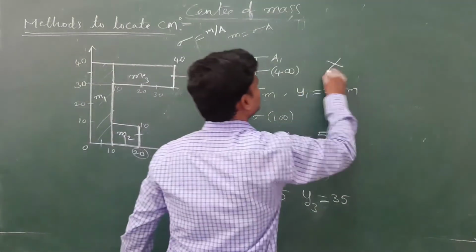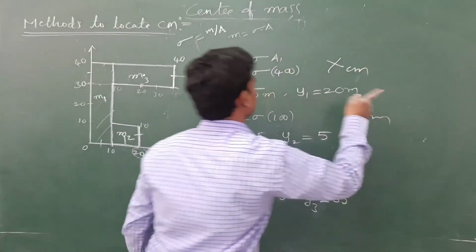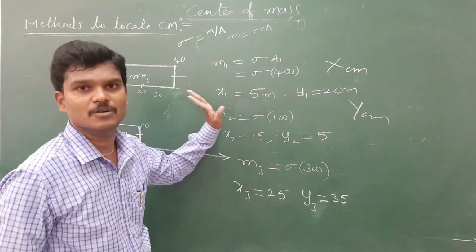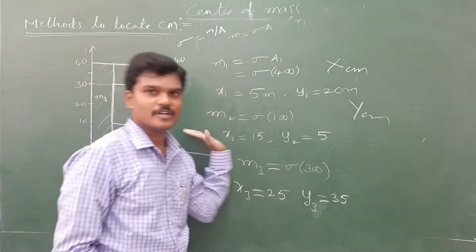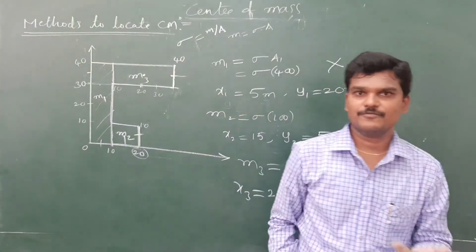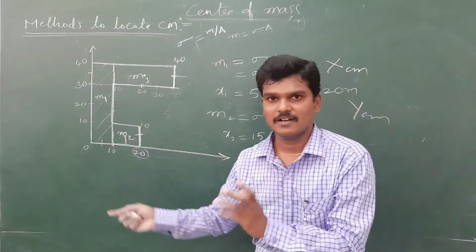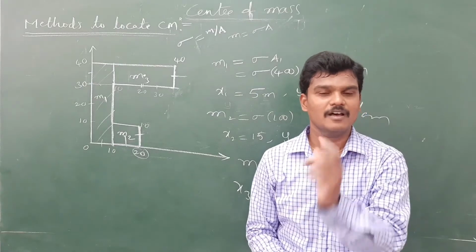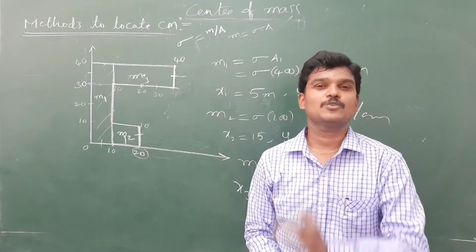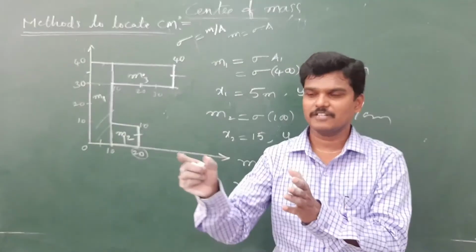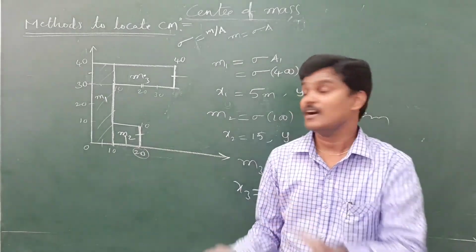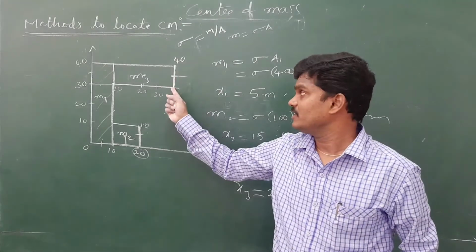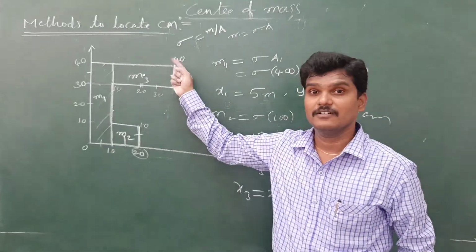Then your target is to find XCM, YCM. In the numerator you will get a sigma, in the denominator you will get a sigma. Sigma gets cancelled out and you will get the answers. They may give any type of questions. First you take some parts, identify the masses. That mass you write as sigma into area, and later you identify the coordinates. Coordinates means starting value, ending value by 2 for that part. And be careful in observing the y coordinate. Here this is 30, this is 40, 35.